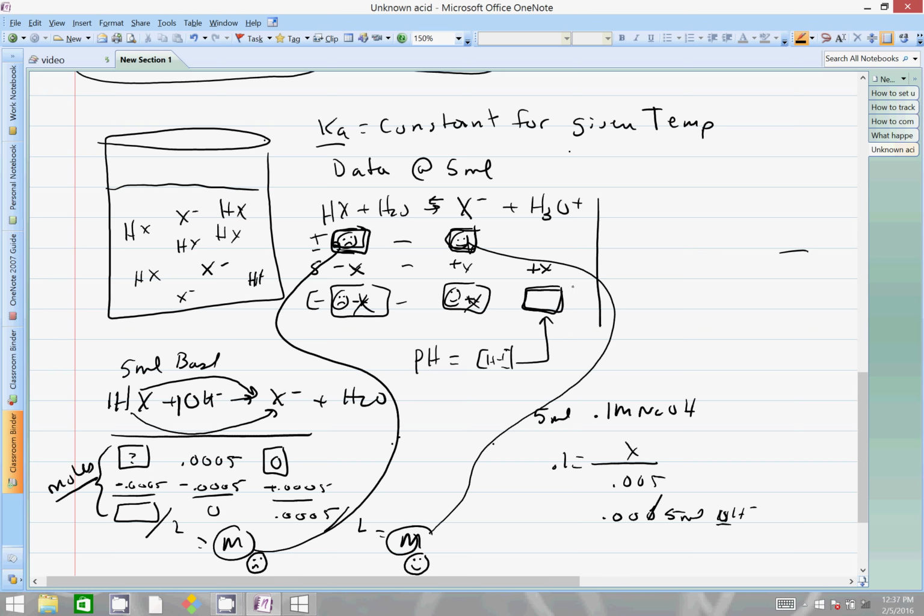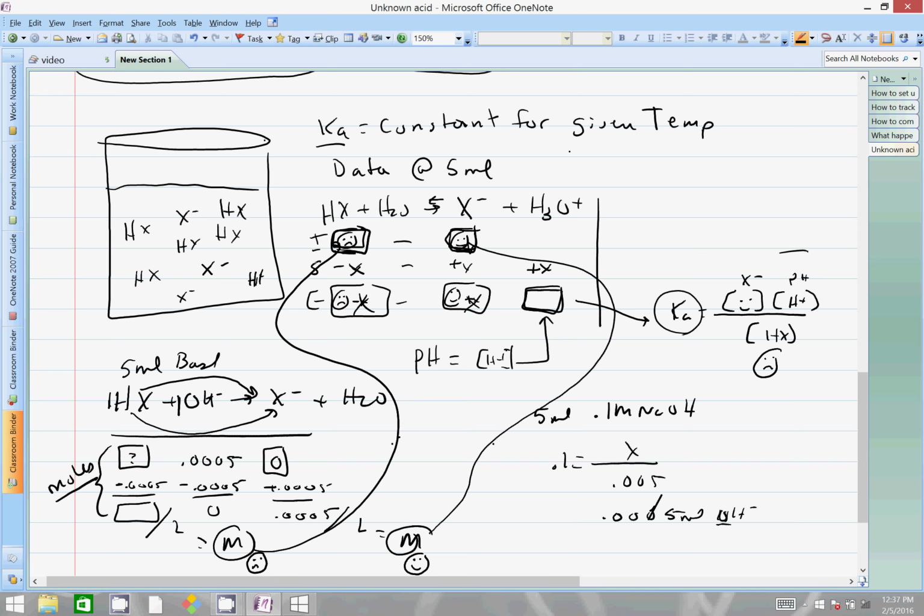These values will get shuffled into the Ka equals the concentration of my smiley face, which is going to be X negative, times the concentration of my H plus, which is the pH, divided by the concentration of HX, which I had listed as the frowny face. So in this case, once again, if I know my initial concentrations, I can run my table through to figure out my concentrations at equilibrium and